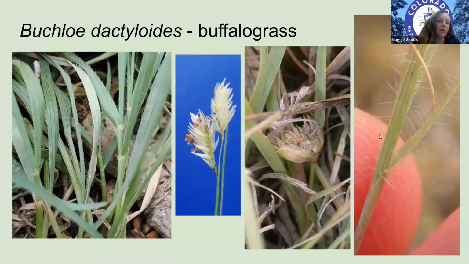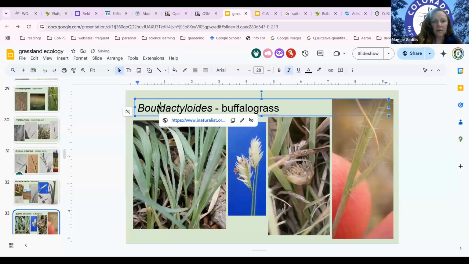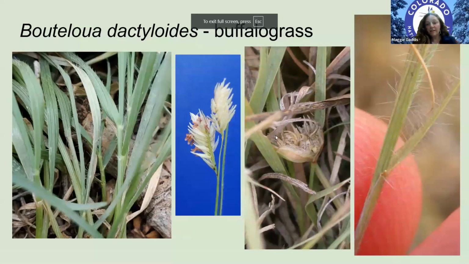The blue grama, which is our Colorado state grass, in codominance in the Great Plains, we find buffalo grass. And I think this one just changed names too. This is Bouteloua dactyloides now. So let me just fix this, which makes a lot of sense because it really looks exactly like Bouteloua. Different though in the key, we're gonna get there later, but it has these stolons. But the actual inflorescence looks similar, but it is a